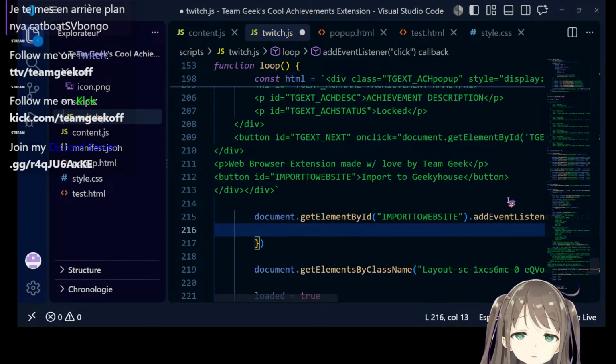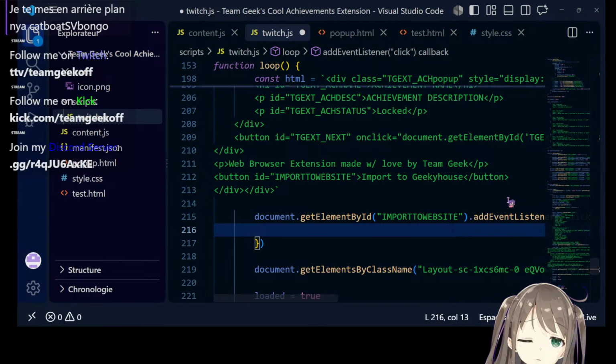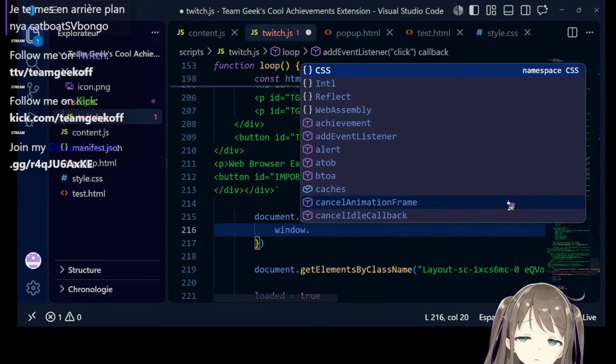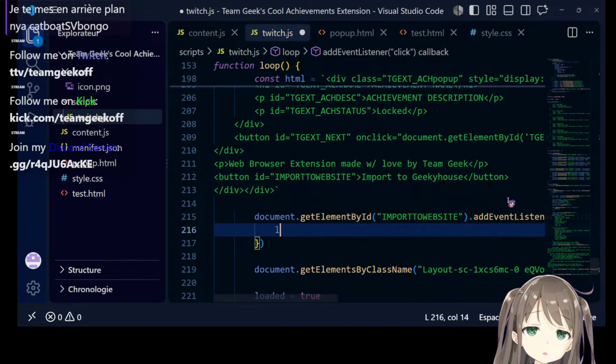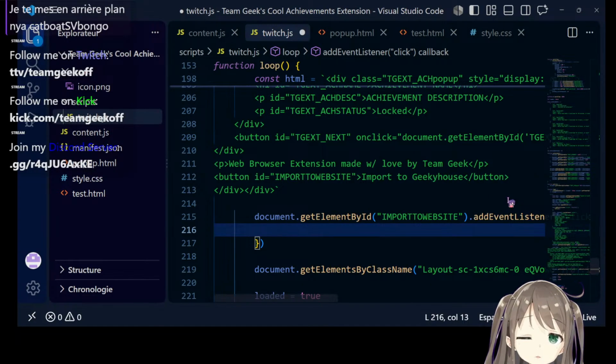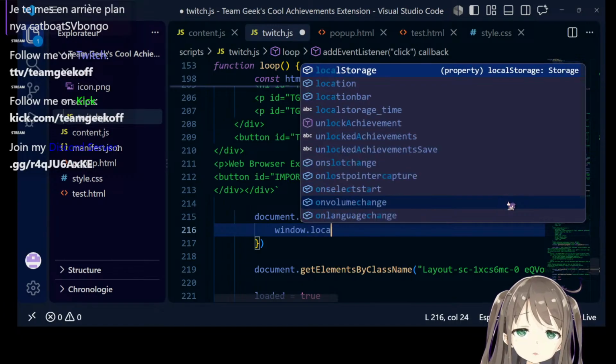This is not here. That's fine. Window location